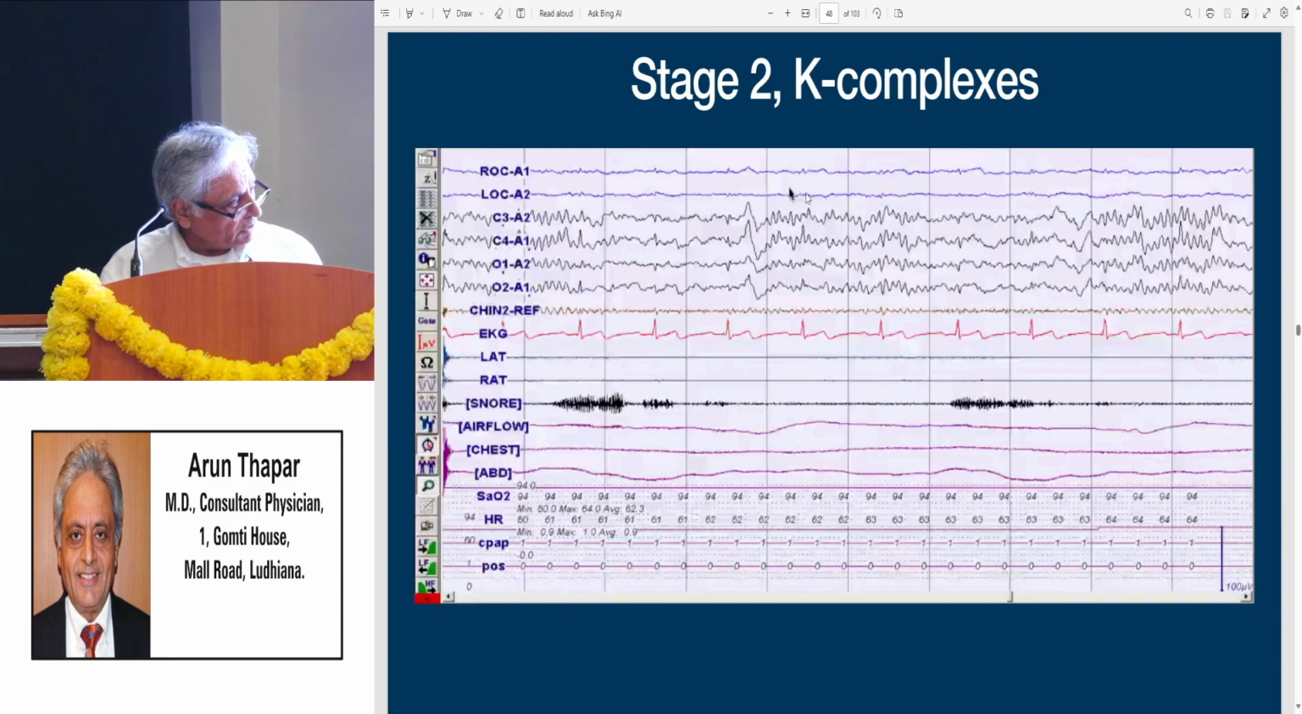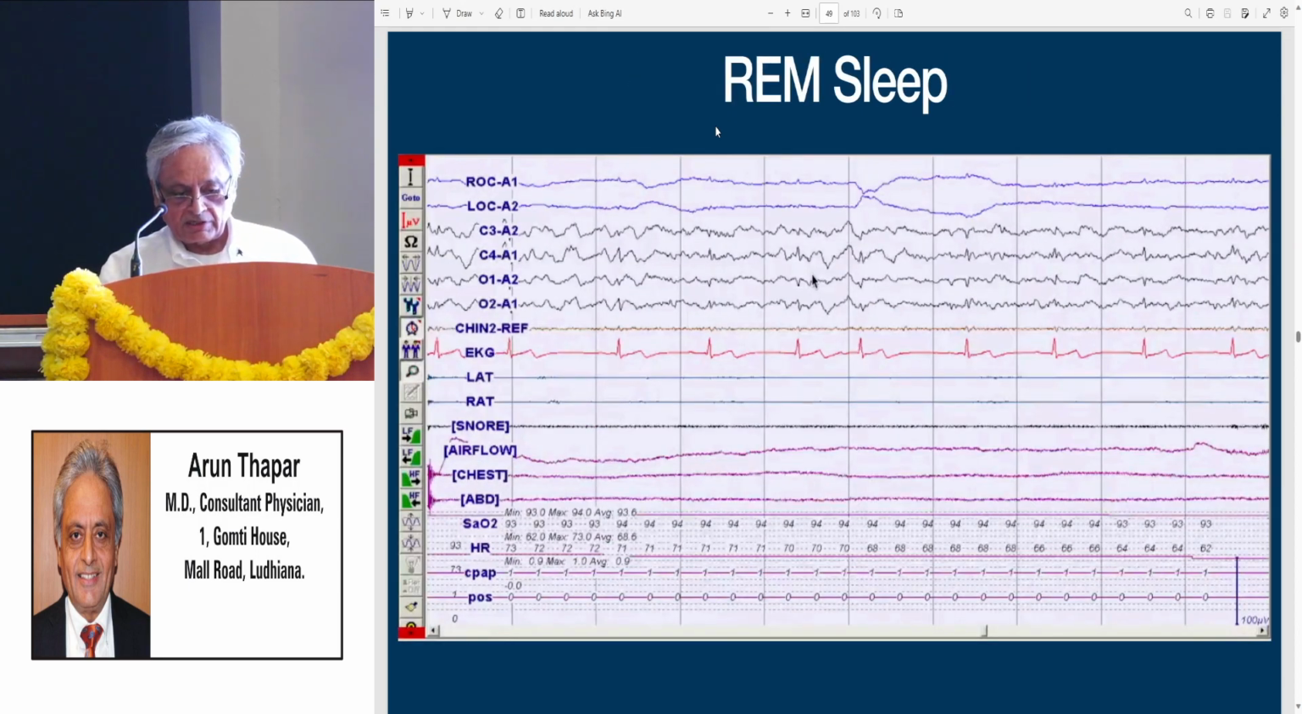I think the pointer is not working properly. Anyway, the pointer, can you... the pointer, start it. Anyway,